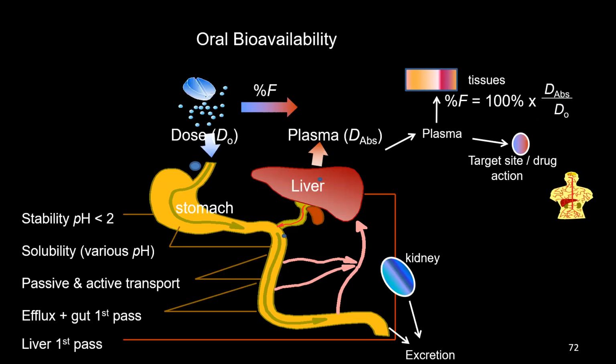So good oral bioavailability means most of the drug is reaching the target. If you look at percentage, 60%, 70% is very, very good. 30% is not very good. Of course, there are some drugs with 30% oral bioavailability also. If you look at metformin, it's got 70% bioavailability. That's very good. That means 70% of the metformin which I take orally reaches my target site.